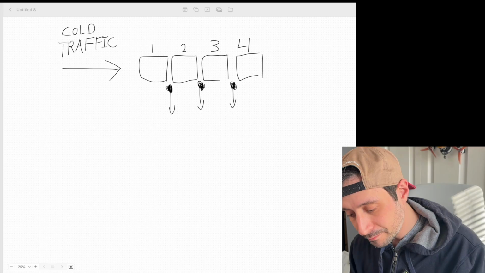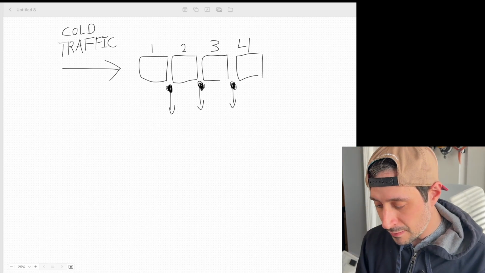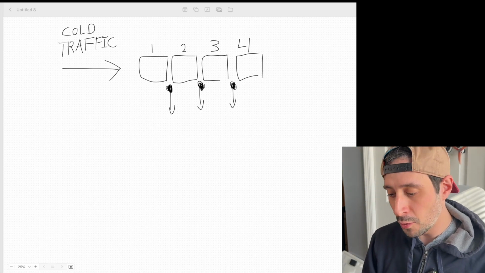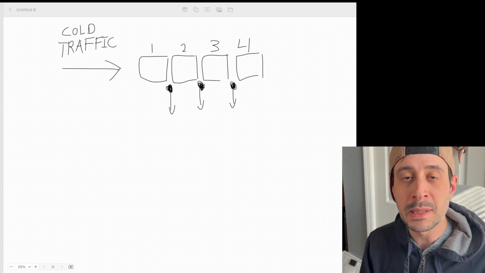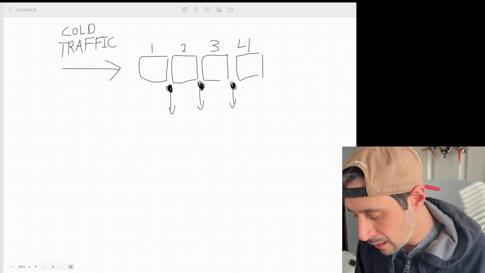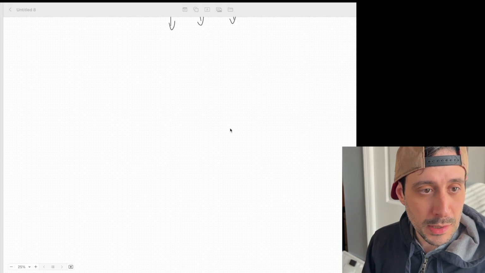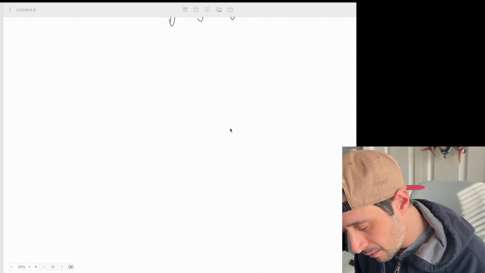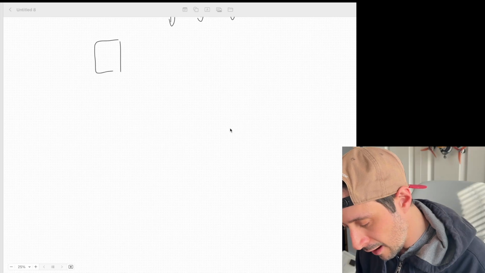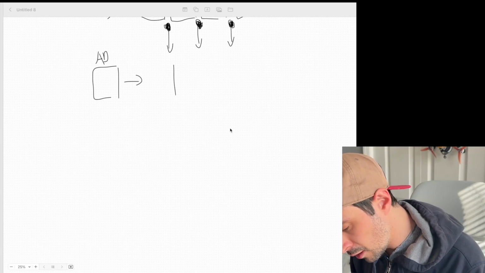So anyway, what a lot of people do is they run these ad sets, they have all these black holes, and the traffic gets lost. So you end up bleeding a lot of that money out. So let's do a little demo here, right? So let's say somebody clicks your ad. So here's our ad. And then they go to your website.